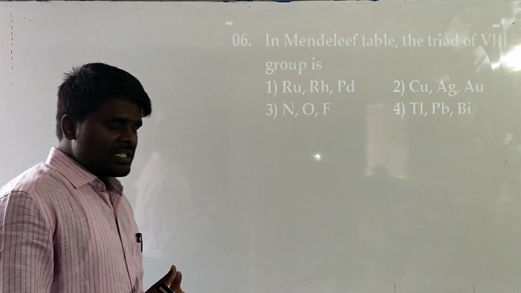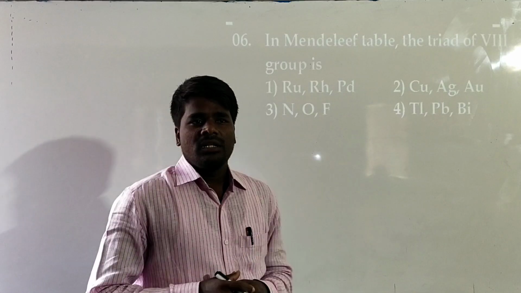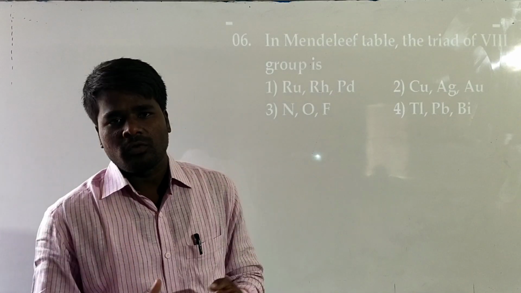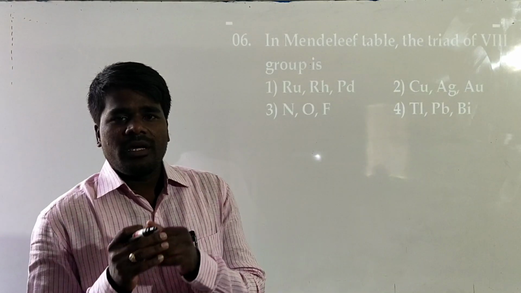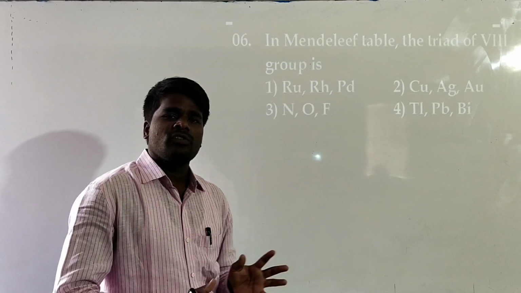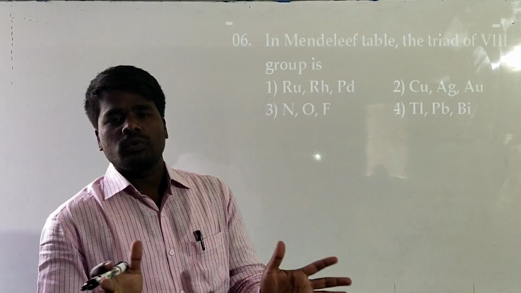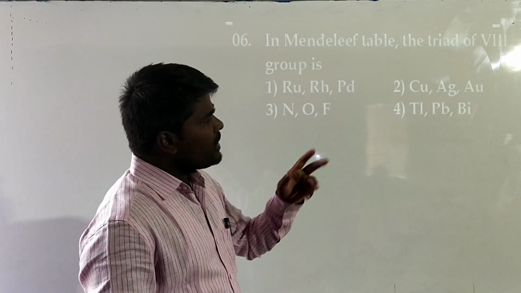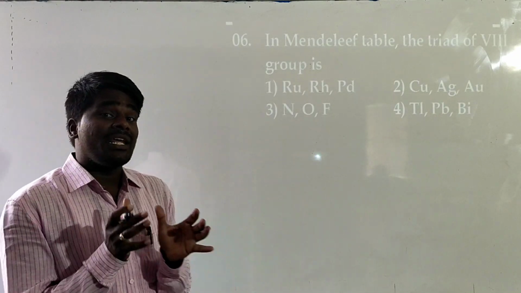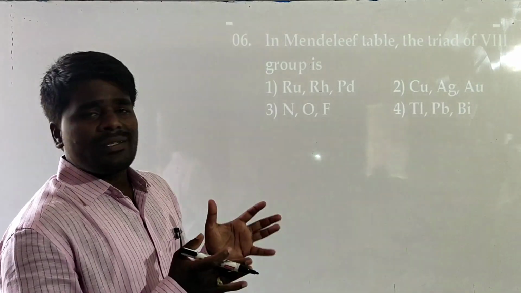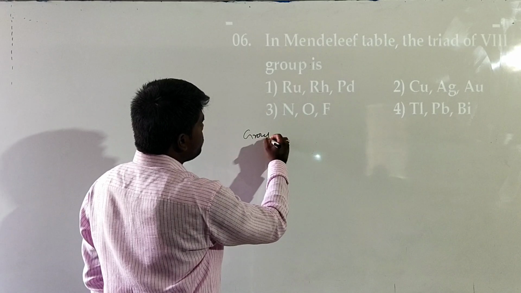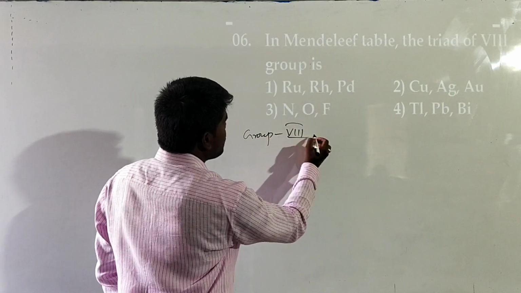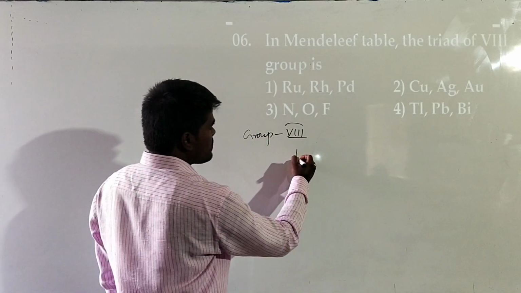In the Mendeleev's classification we have studied, there are total 9 groups, right? Among these 9 groups, except 0 and 8 group, all remaining are divided into 2 subgroups. When it comes to the 8th group, there are total 9 elements in the 8th group. What are the 9 elements? In the Mendeleev's periodic table, in group 8, what are the elements?